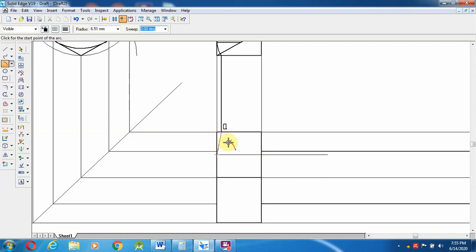8.38, and 8.38. So the other side I am going to draw over here, 8.38.